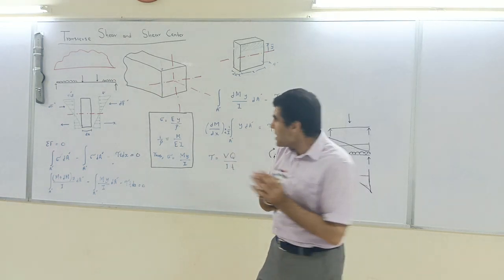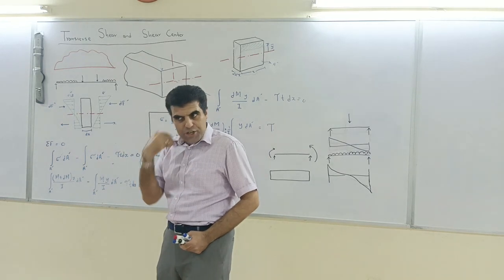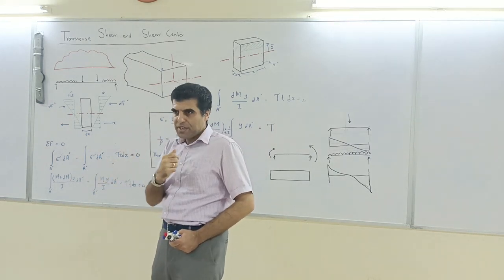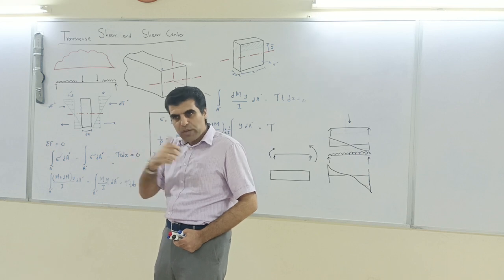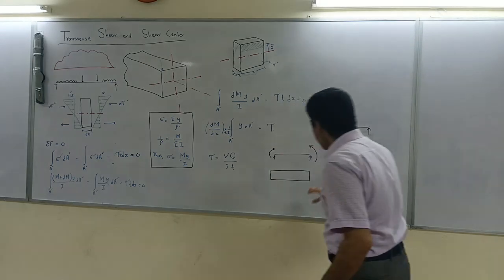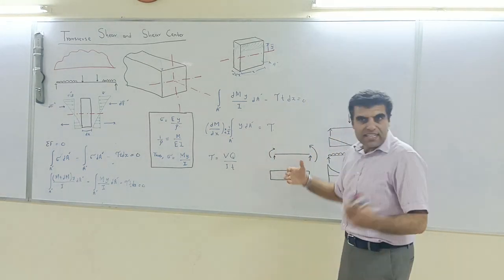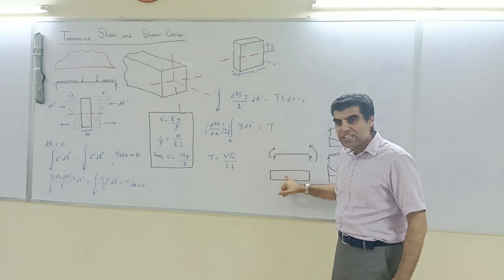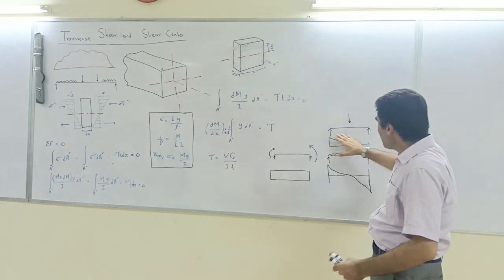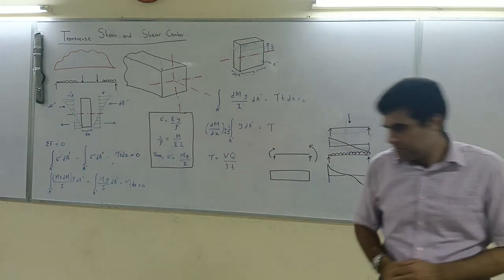So from this explanation, it is concluded that the shear is coming from the change in the moments. The change in the moment is actually giving you shear. So, as I said over here, if you have moments applied on both sides, they don't give you any change, and hence there is no shear in this beam. But if you have a different moment applied over here,